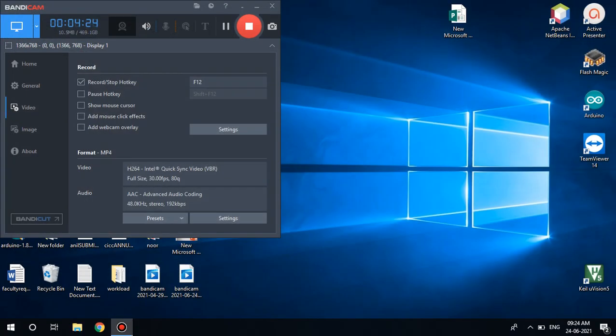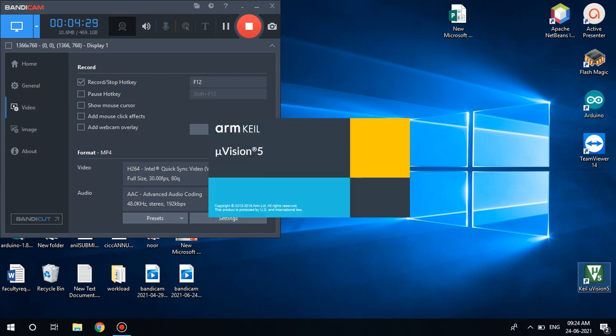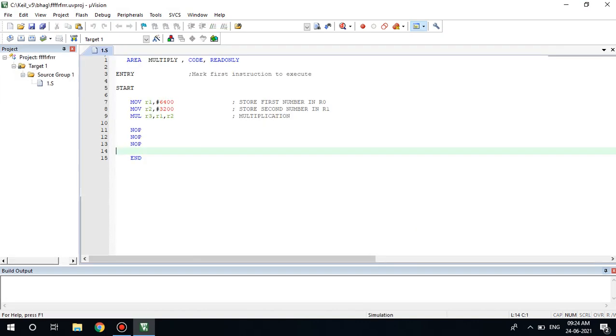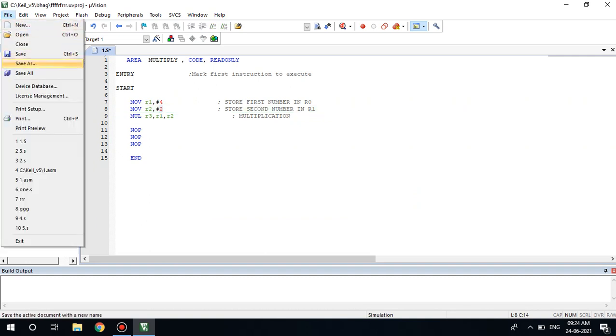Now if you observe these things, first click on this. Here instead of 6400, I am changing it to 4. And I am changing this to 2. And I am saving these things.